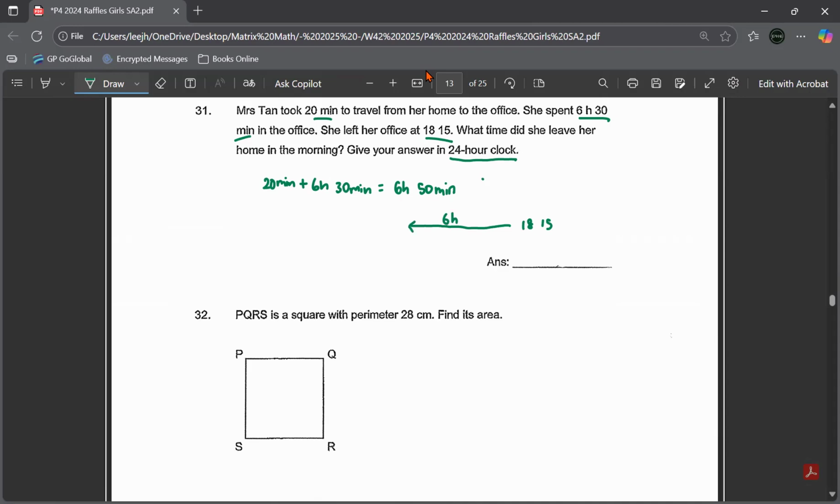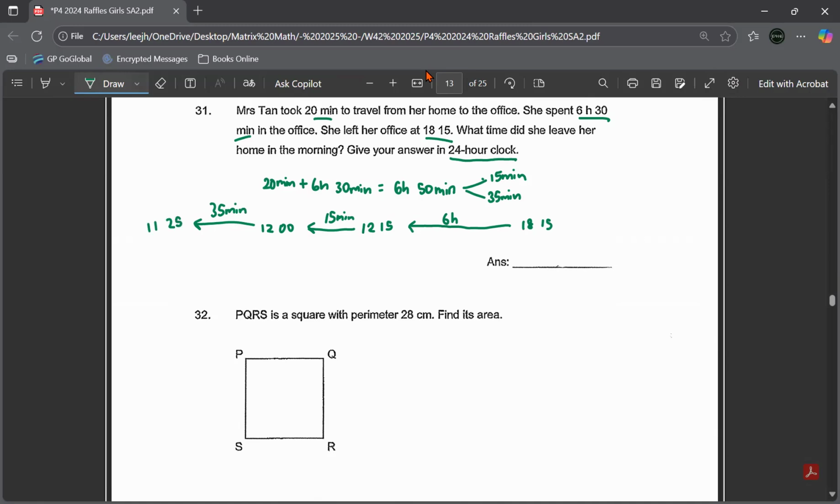Because I need to calculate 6 hours 50 minutes. So it'll be 12:15. But there's another 15 minutes to take into account. So this is 12:15. So actually I go back to the nearest hour, which is 15 minutes before. So I can split the 50 minutes into 15 minutes and also 35 minutes. Easier to count. So 15 minutes, it would be 12:00. So from 12:00, another 35 minutes before, your answer will be